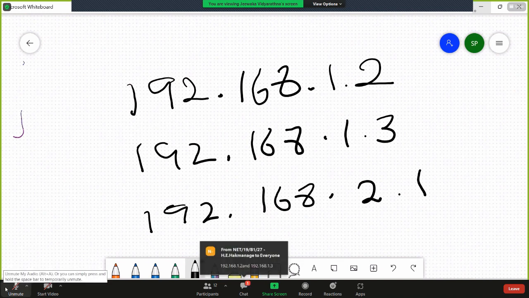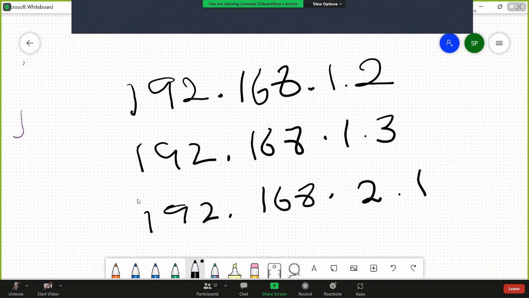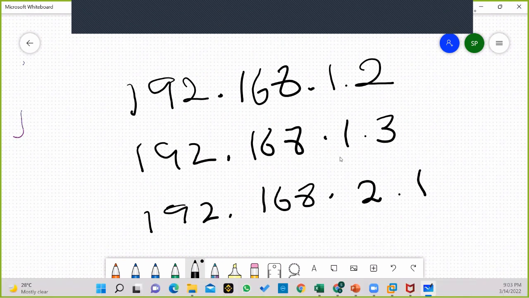Yes, that answer is correct. Without knowing the appropriate subnet mask of the IP address, we cannot decide which portion belongs to the network and which portion belongs to the host. So we use the subnet mask to identify the network portion as well as the host portion of the IP address, right? What happens if I tell you /24?